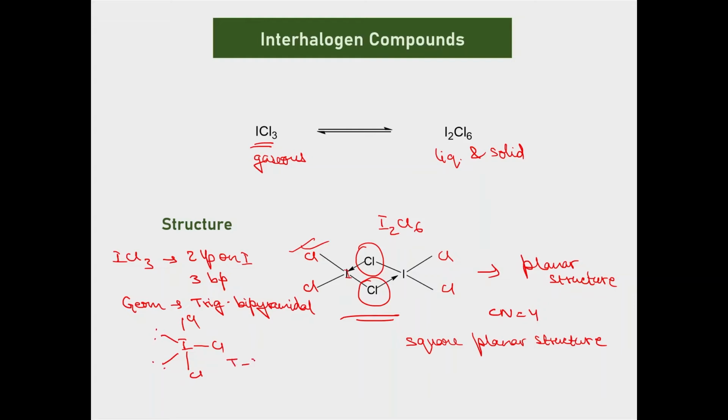So the shape would have been T shape. But in solid state, it is present as I2Cl6 and hence it has a square planar structure and